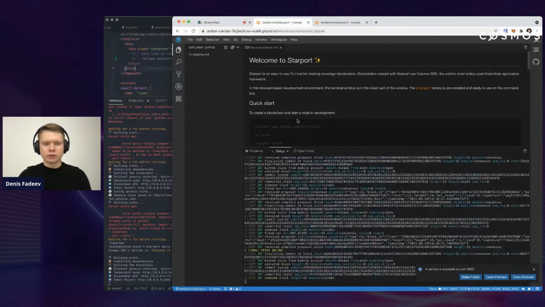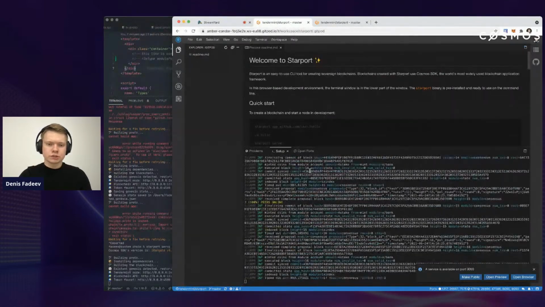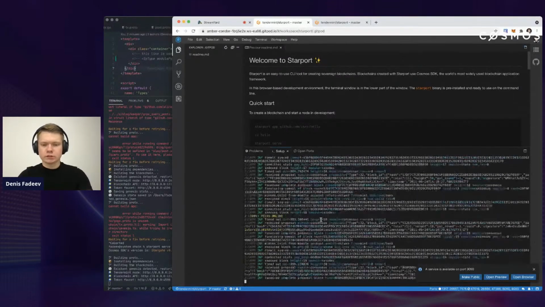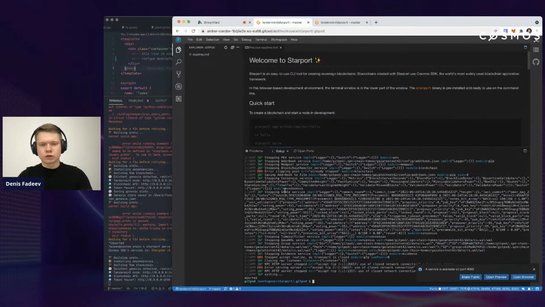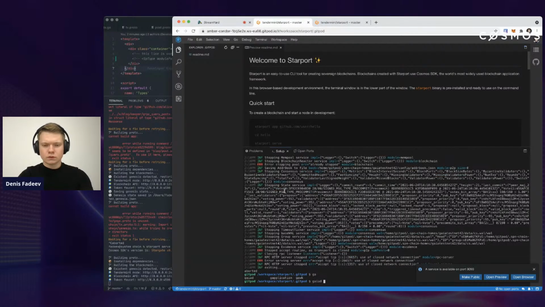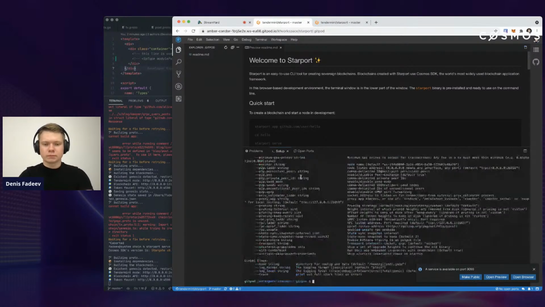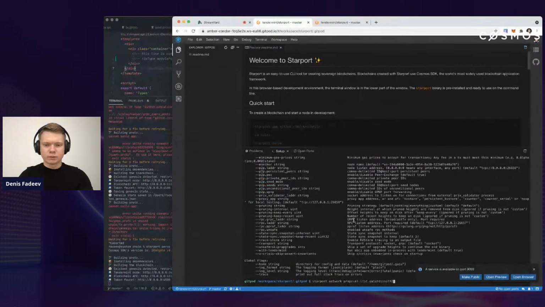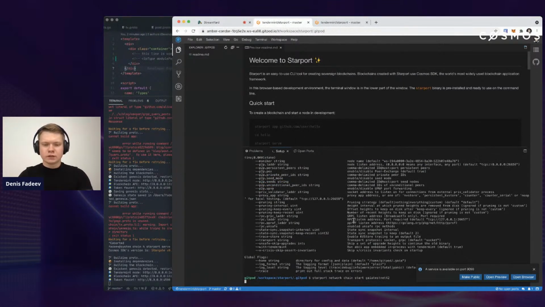So after you build your project, you can launch it and test all the functionality and share it. And I mean, if you run it from a server, you can actually keep it running. Yeah, well, you need to specify the home directory, but